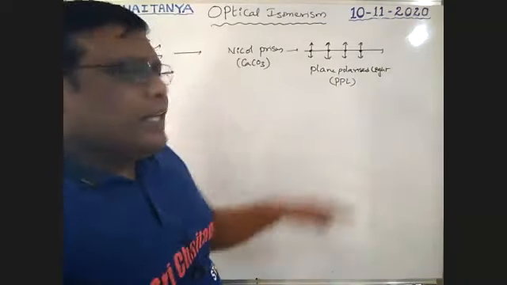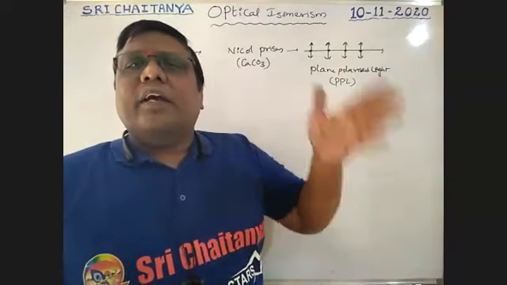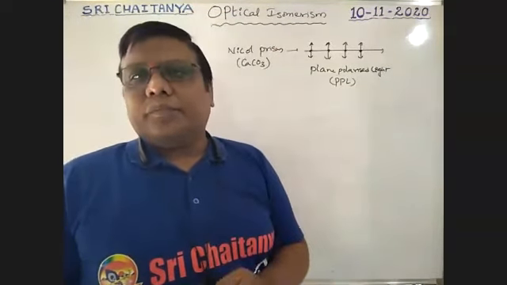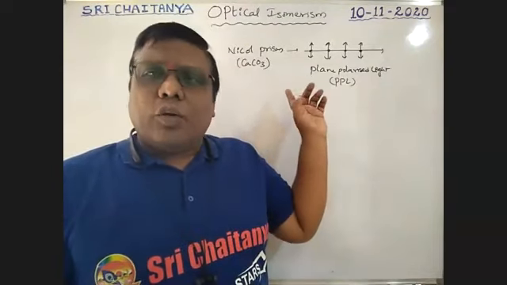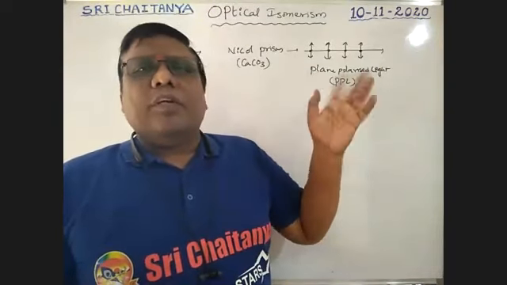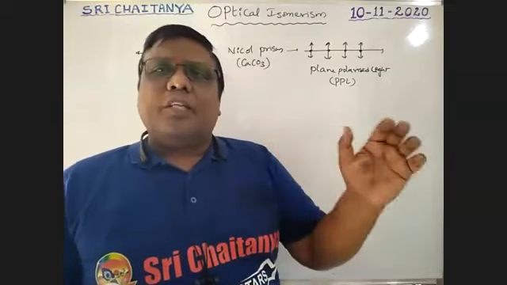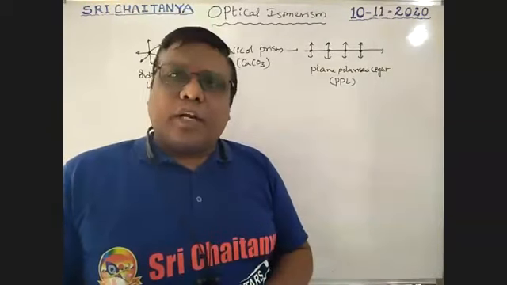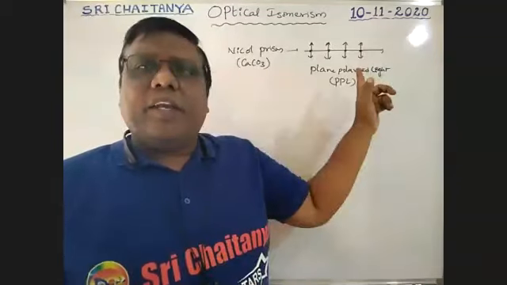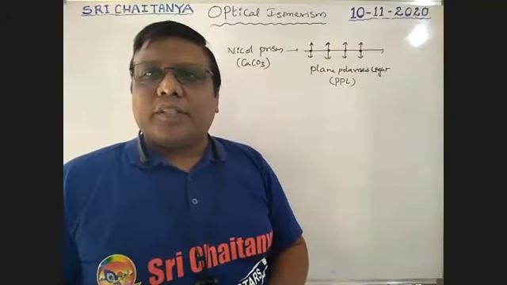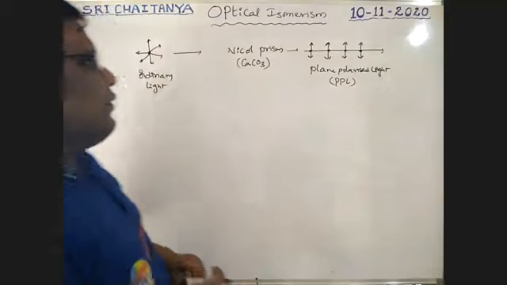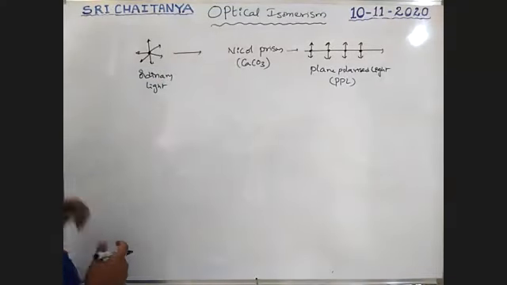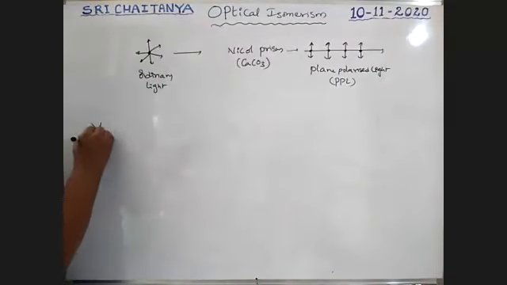That means within one plane vibrations are there, and all other planes are cut off here. The prism used for that is the Nicol prism, boys. That Nicol prism gives plane polarized light when ordinary light is passed through it. That is very, very important in optical isomerism. See here, for example, first of all I am explaining this concept. This is ordinary light, boys, with vibrations in all directions.